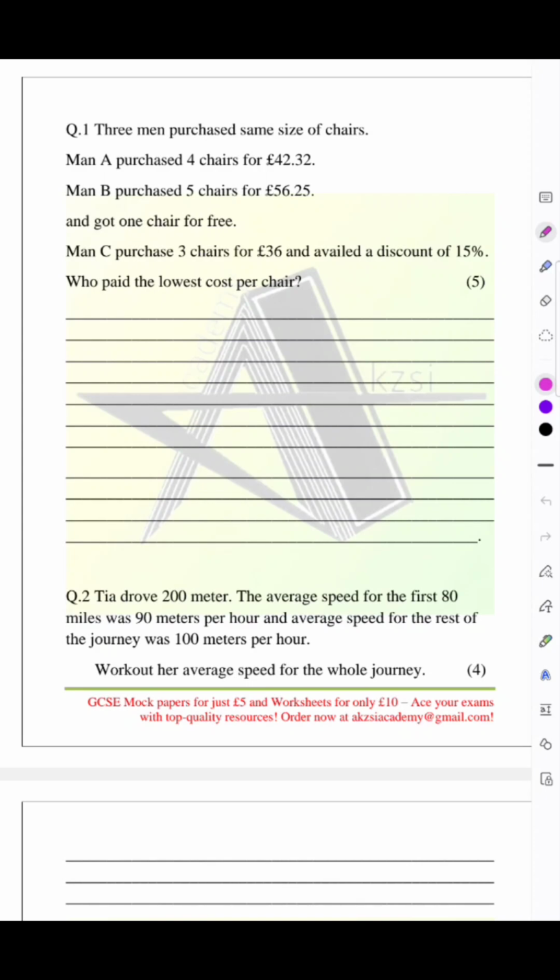We'll go through each question step by step and explain the key concepts, and I also give some tips to